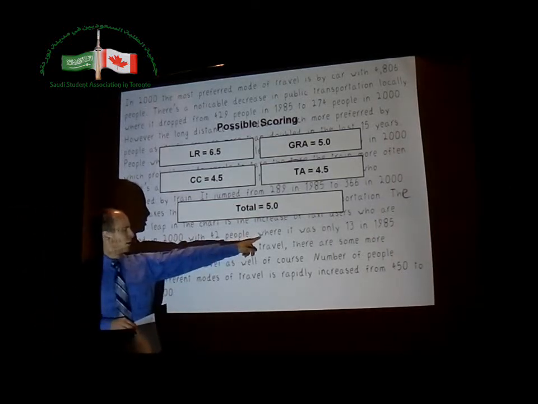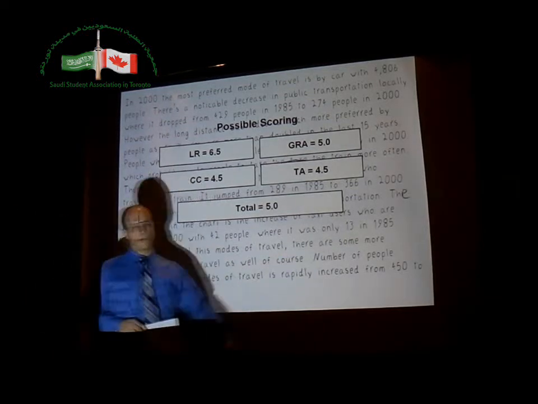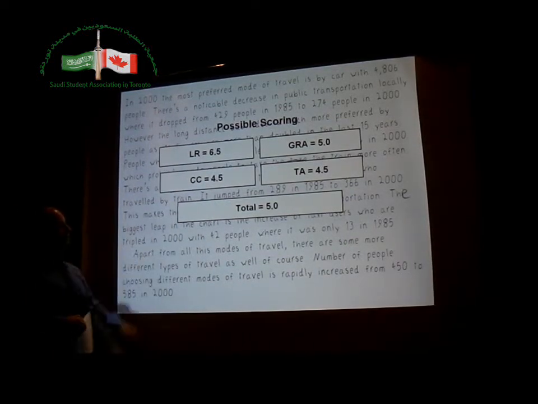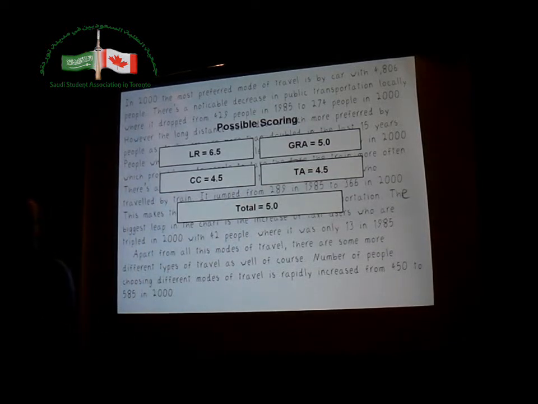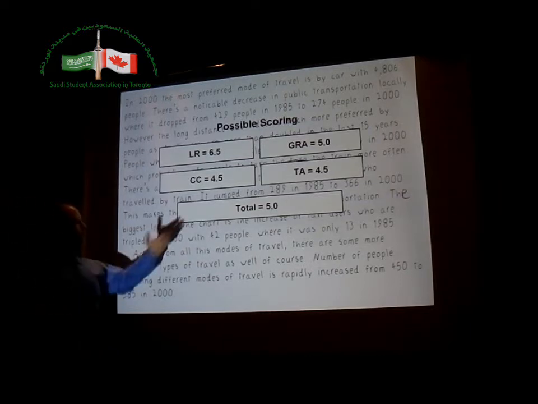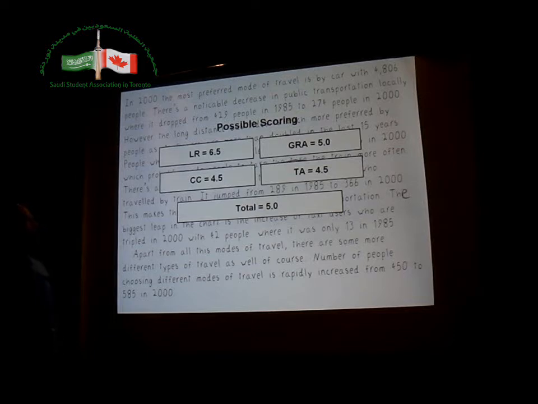Task accomplishment is really low because, notice it says, covers the requirements of the task. Well, he missed that because he confused people and miles. Okay? So probably a total for this essay is going to be more like 5.0. Maybe 5.5. He did pretty good in these parts. His vocabulary was really good except for those things, but he made these two big mistakes, people and no paragraphs,